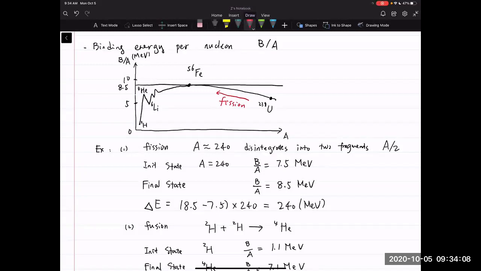If you go from the low A side, then we can also fuse nuclei through the fusion process. But at the end of the day, we'll end up close to the top of this curve. And the very top of this curve is iron. So the most stable nucleus is indeed iron. This actually has a huge consequence. I mentioned one of them: the entire Earth is a gigantic iron ball, and that is because iron is the most stable